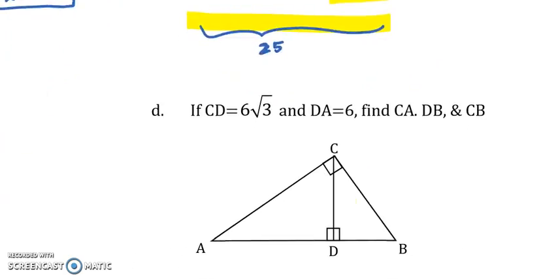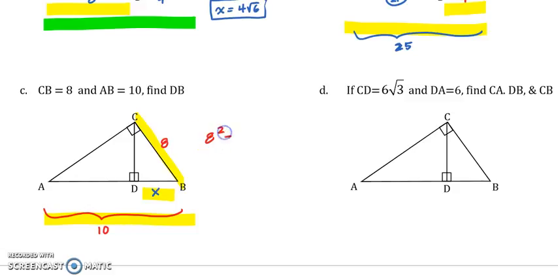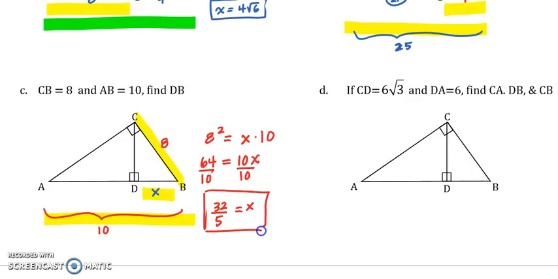Go ahead, I want you to pause the computer and I want you to try C and D on your own. See how it goes. All right, hopefully you marked up your diagram. CB is 8. They actually give me this whole length here, which is 10. My unknown is DB, which is one of my walks, so I'm going to go ahead and mark that as 8. I'm going to remind you again, he's sliding down here. Slide squared equals walk times walk. So in this case, we'd get 8 squared equals walk times walk. 64 equals 10x. Divide both sides by 10. That reduces to what? 32/5. And that's the length of our missing side.